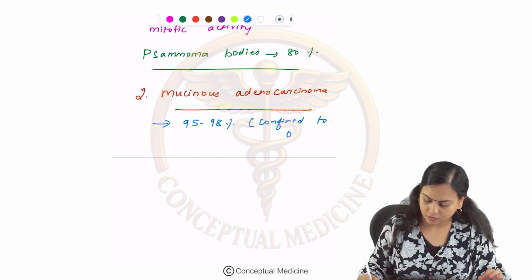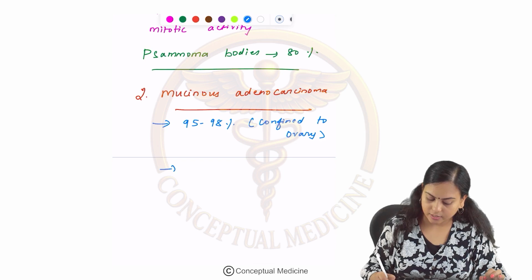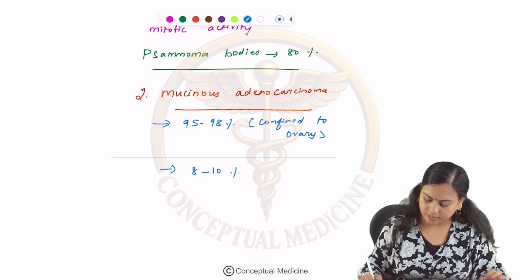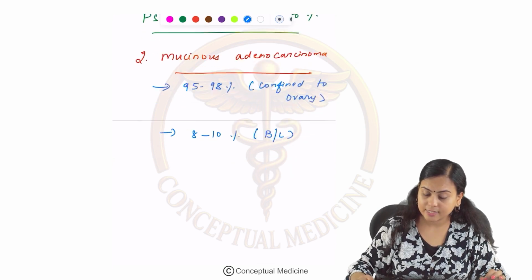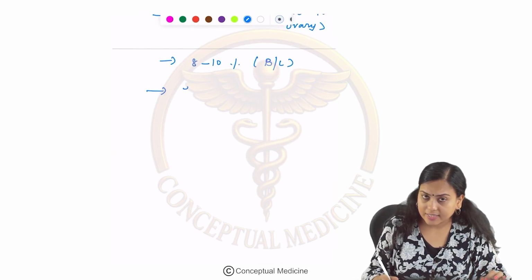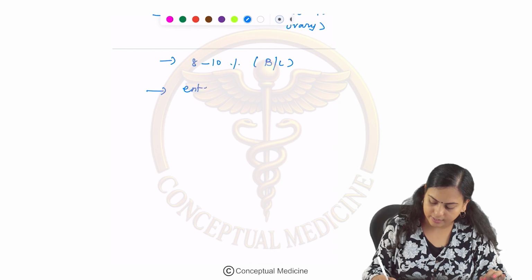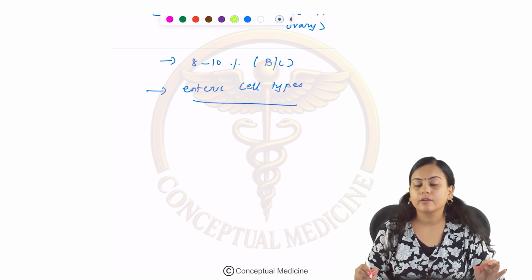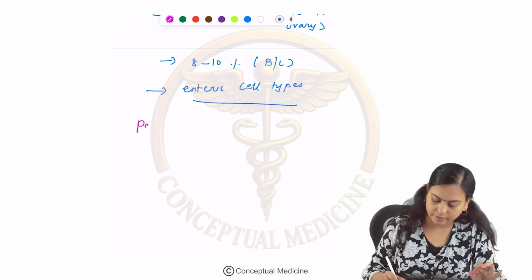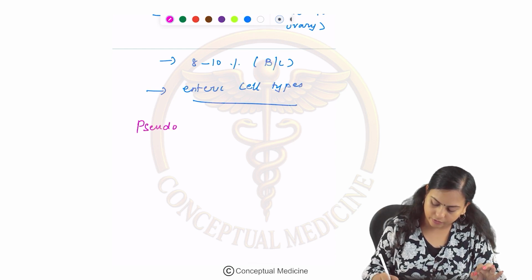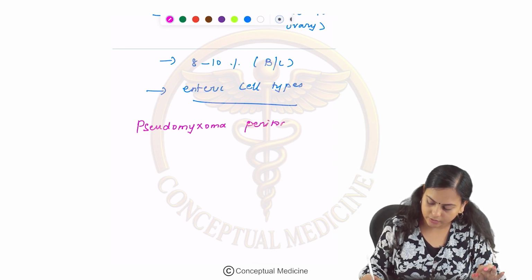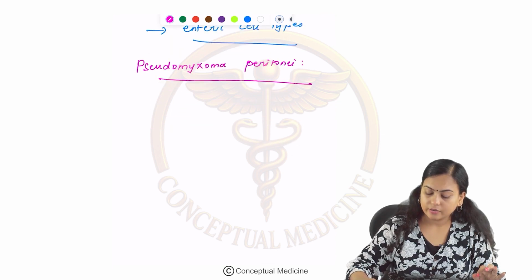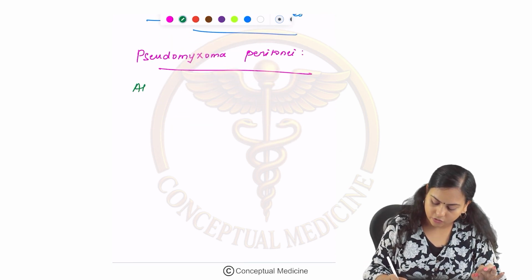They are confined to the ovary and it is going to be bilateral in 8 to 10% of the cases, and mostly they will contain enteric cell type. Okay, enteric cell types. So, it will be difficult to differentiate it from metastatic carcinomas, right? So, one thing you have to know here is pseudomyxoma peritonei. Okay, pseudomyxoma peritonei. So, here you will have abundant